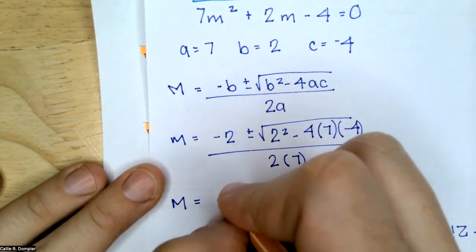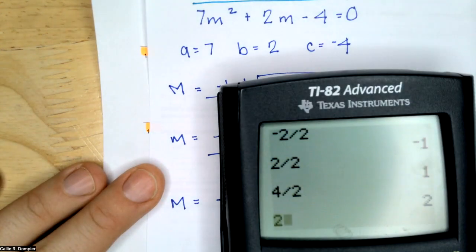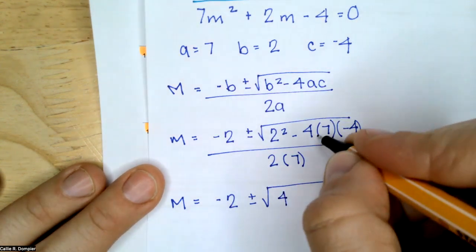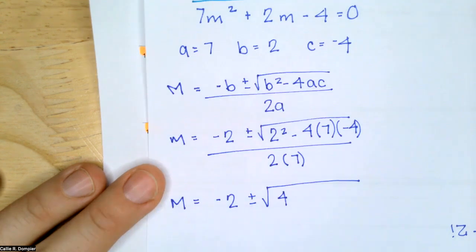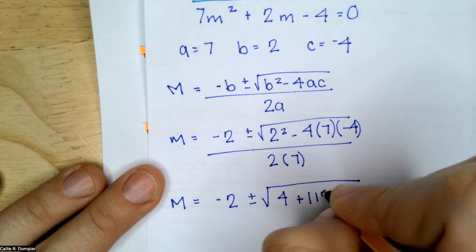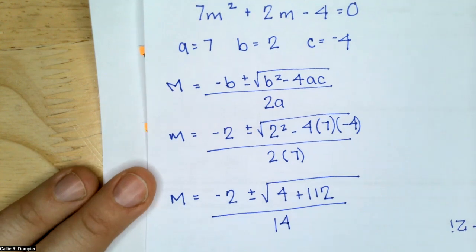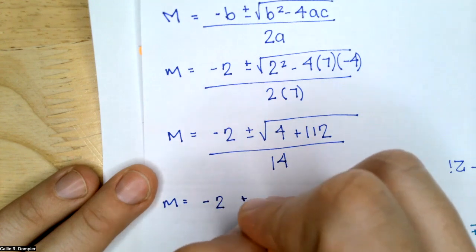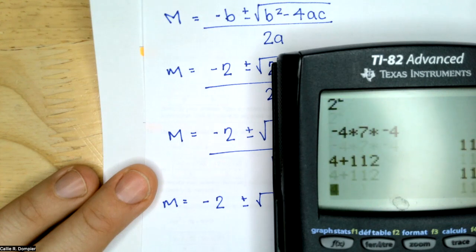M is negative 2 plus or minus 2 squared. We know that one, right? 4. Negative 4 times 7 times negative 4 is 112. Over 2 times 7 is 14, right? Negative 2 plus or minus the square root of 4 plus 112, 116